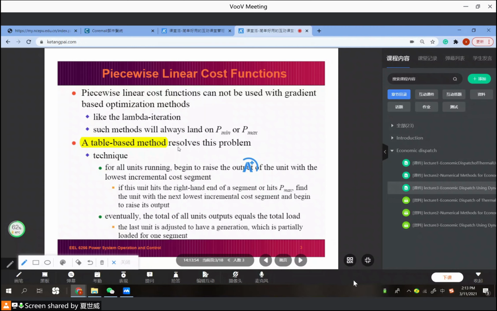So a table-based method resolves this problem. We will look at all units, and begin to raise the output of the unit with the lowest incremental cost segment. That means we will run the cheapest generator first. After this generator is fully ramped up, then the second cheapest generator will be turned on. If this unit hits the right-hand end of its segment or hits P maximum,